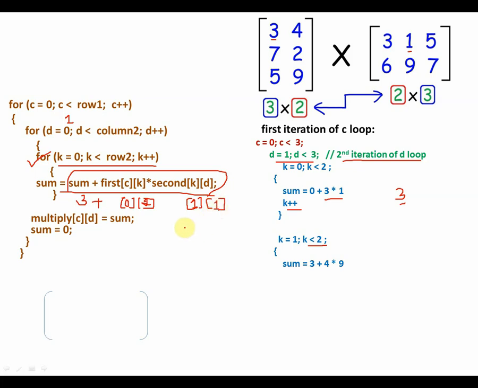So what is a of 0, 1? a of 0, 1 means this element. And what is b of 1, 1? b of 1, 1 means this element. So these two are multiplied, 4 into 9. So 4 into 9 is 36 plus 3. That would be 39 as the final sum.